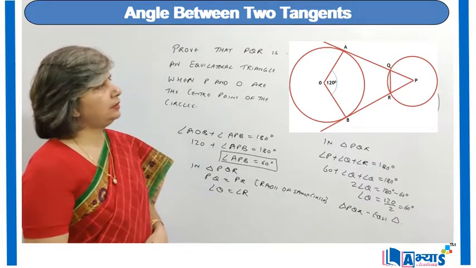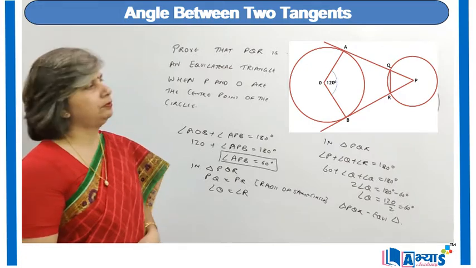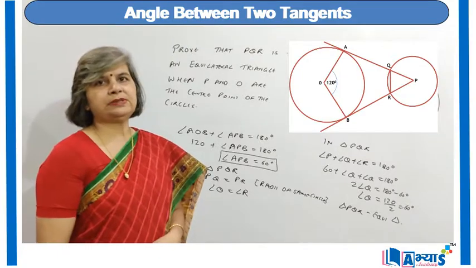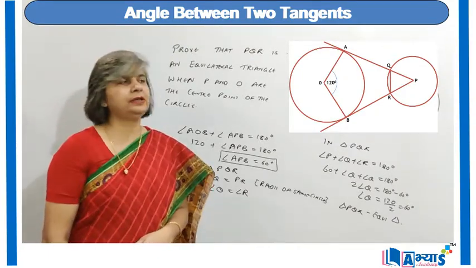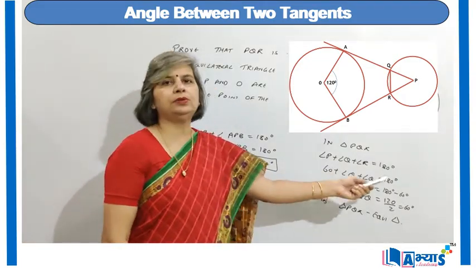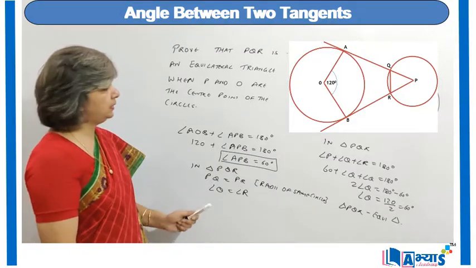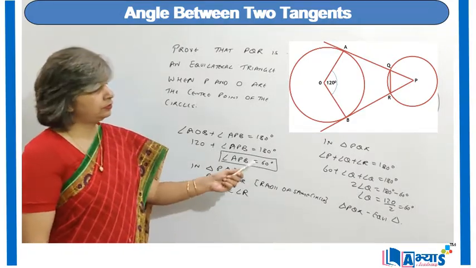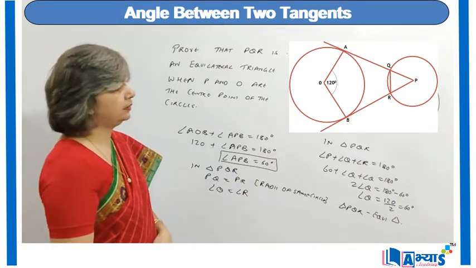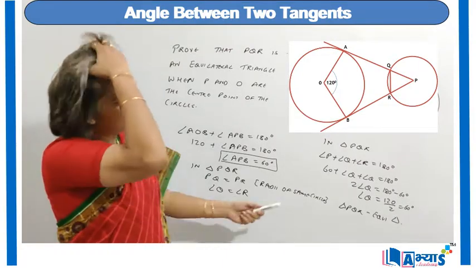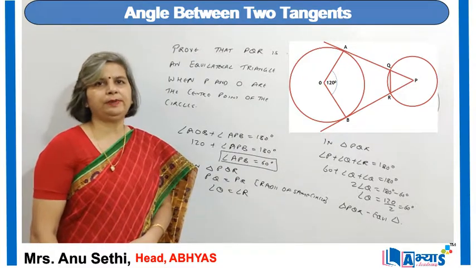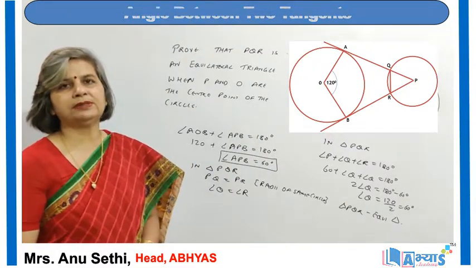So we can say that in triangle PQR, angle Q is equal to angle R. Now from the angle sum property of triangle PQR, angle P plus angle Q plus angle R is equal to 180 degrees, or substituting the value of P as 60, I get 60 plus angle Q plus angle Q is equal to 180 degrees, because I have replaced R with angle Q. On solving, I get 2 times angle Q is equal to 180 degrees minus 60 degrees, or angle Q is equal to 120 upon 2, that is 60 degrees. Now all the three angles of triangle PQR are 60 degrees, therefore triangle PQR is an equilateral triangle.